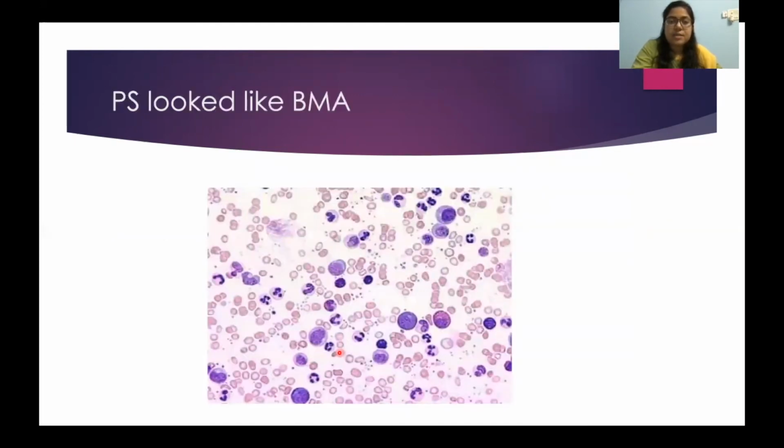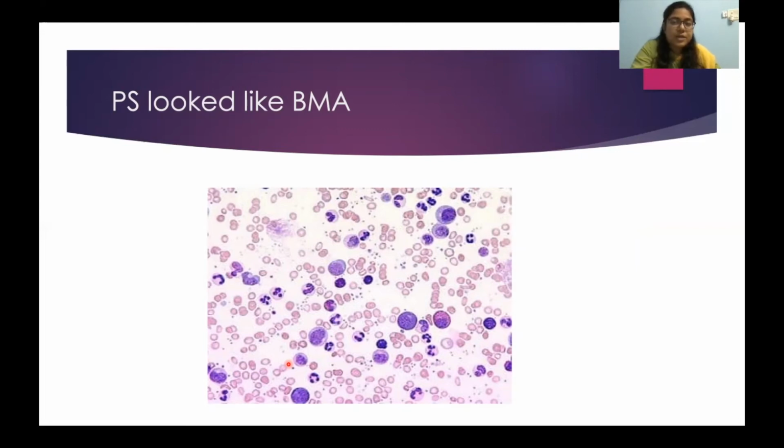Obviously ask for a PS examination, and the PS looked like a bone marrow, where you can see the whole lineage of the neutrophils, starting from the precursors to mature neutrophils, myelocytes, metamyelocytes, band cells, everything is visible over here. This is an eosinophilic myelocyte. Platelets are also high. This is a basophil over here. So overall, everything is increased. Now, obviously, in such a case, it is highly likely that it is a case of CML.